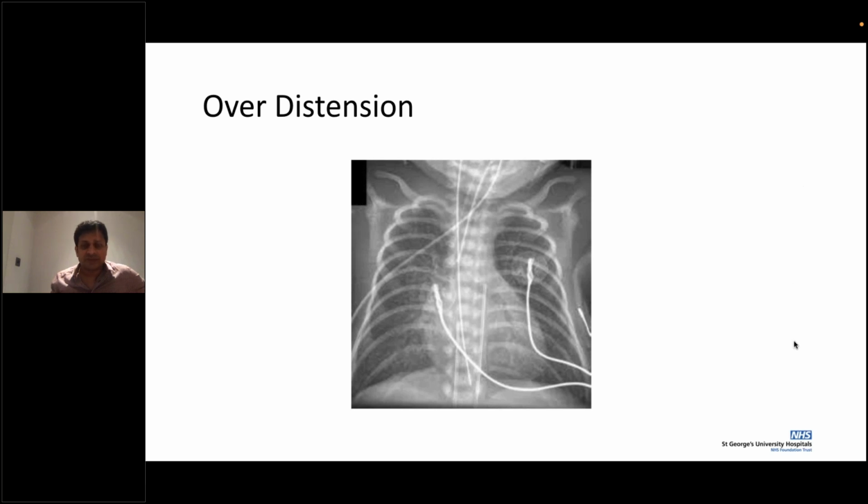Otherwise, your systemic venous return will reduce, your blood pressure will be much lower, and the need for inotropic support might be higher. So if you drop your mean airway pressure, your blood pressure will improve automatically because you're not squashing the heart as much.